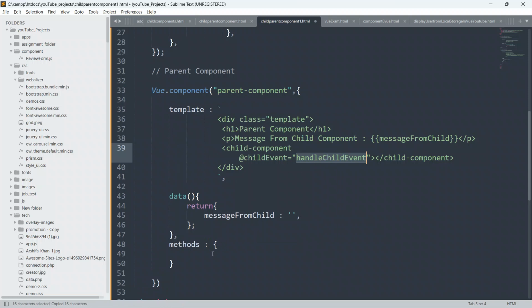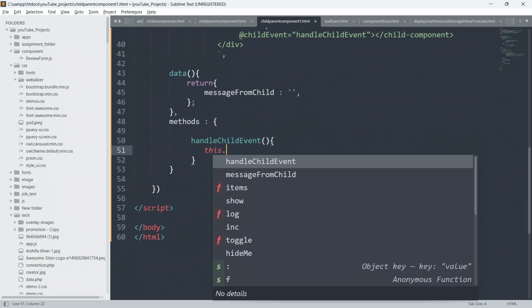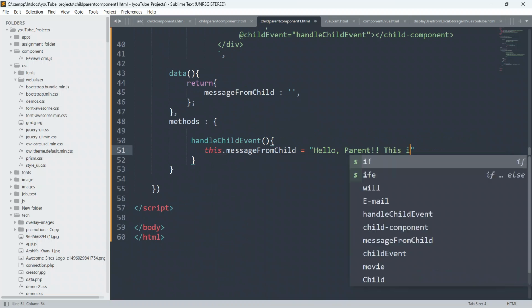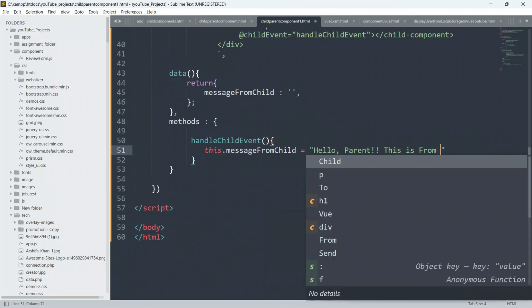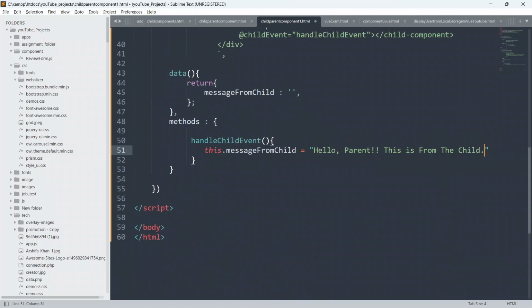I will just copy it from here and paste it here, with open and close parenthesis and open and close braces, and we will say this.messageFromChild equal to hello parent. So this is from the child.